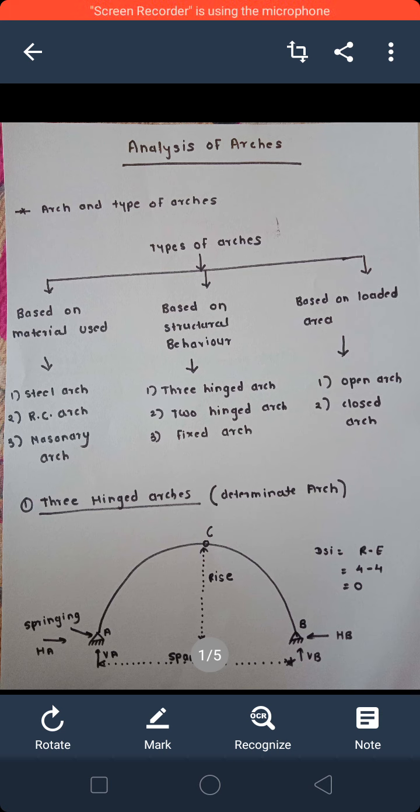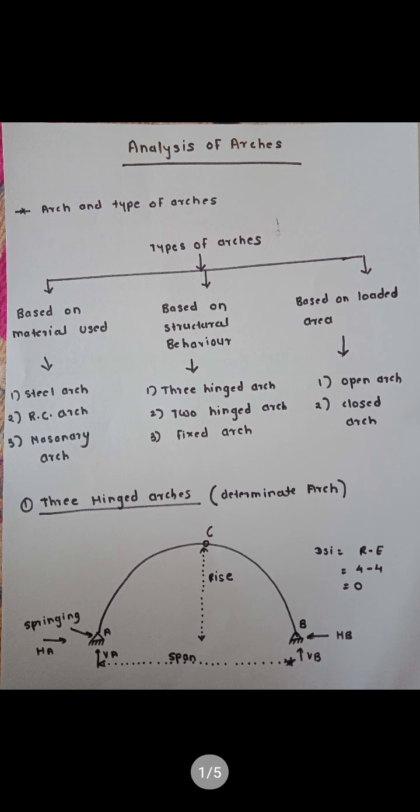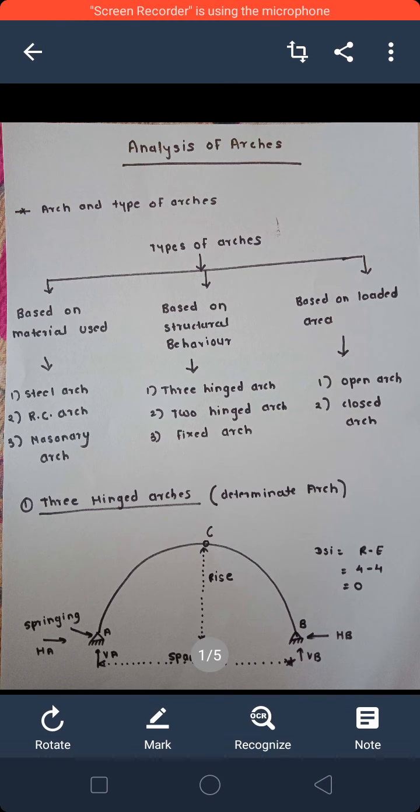Essentially, an arch acts as an inverted cable, so it receives its load mainly in compression, although because of its rigidity it also resists some bending and shear depending upon how it is loaded and shaped. When an arch is subjected to a uniformly distributed vertical load, then only compression forces will be resisted by the arch. Under these conditions, the shape of the arch is also called a funicular arch because no bending or shear forces occur